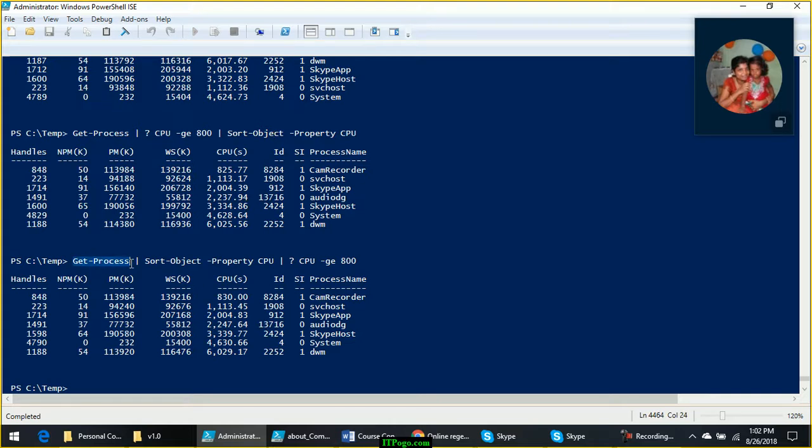When you run this command get-process, suppose it is producing 500 objects, right? Assuming that this command is producing 500 objects, in this case, where you are sorting first before filtering, how many items does this sort command have to process? It has to sort 500 objects, and then after sorting you are filtering those items which are greater than 800.